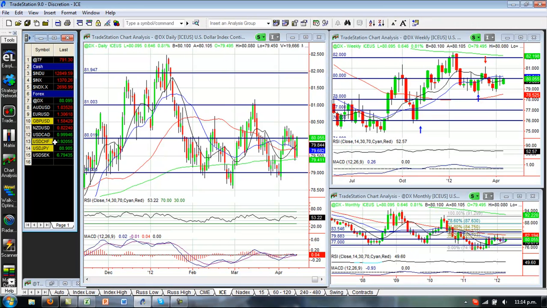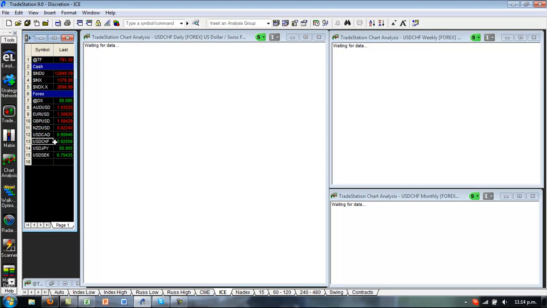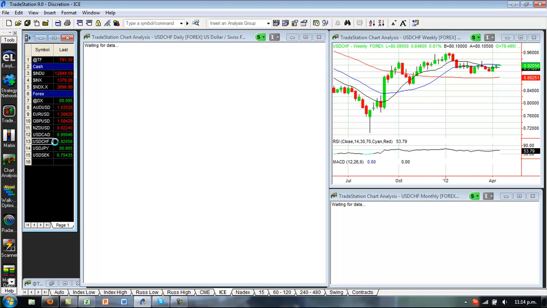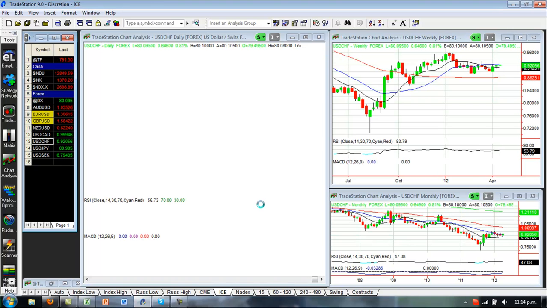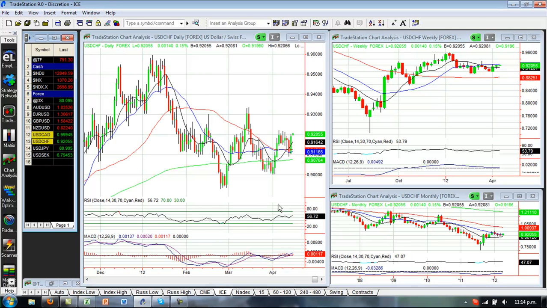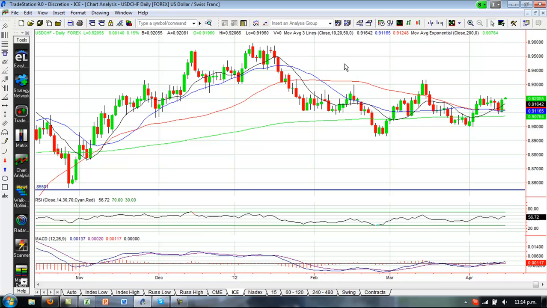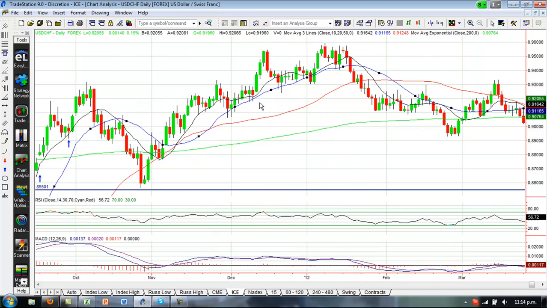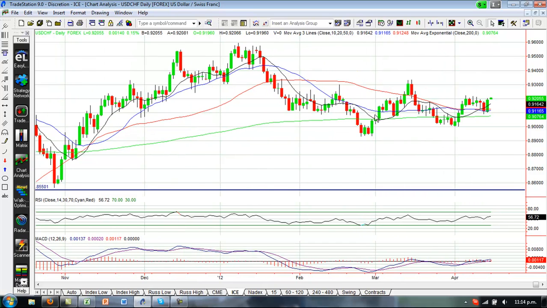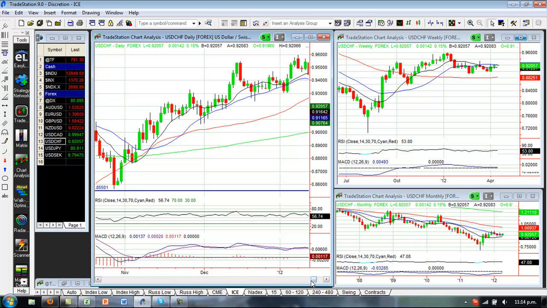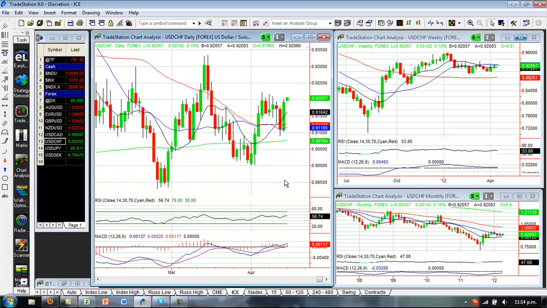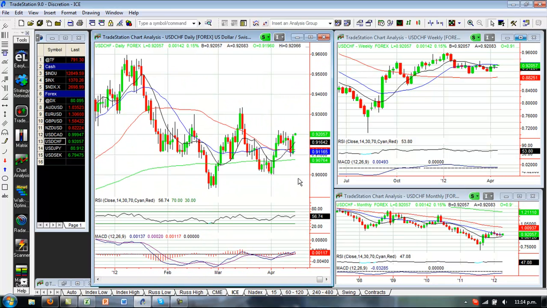If we come and have a look at dollar Swiss as a good example of what these markets look like, you'll see it's very, very similar to the dollar index. It's just another chart where only in this recent period of time, so we don't have to go back too far, we had nice upward direction and nice downward direction. What this has now changed to is a choppy market. So we're not really seeing direction here. I can't look to things like dollar Swiss for any kind of influence as to what the direction might be going forward.